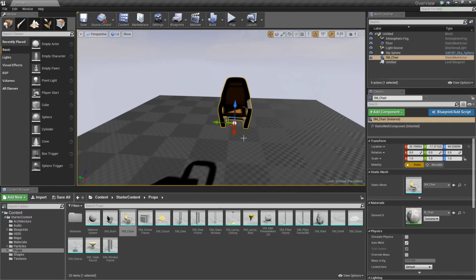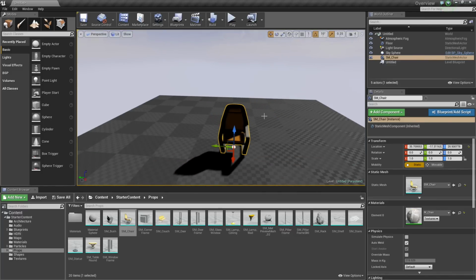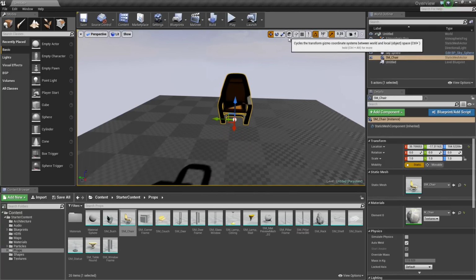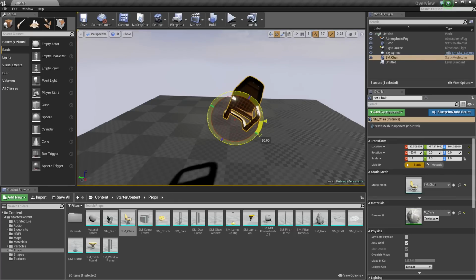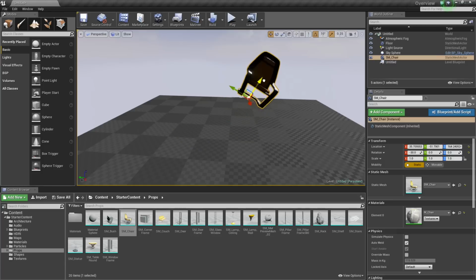You can press End to make it jump back down to the floor. And we also talked about local versus world. It's not really apparent there unless we press E and rotate it. So now if we go back to move and we toggle between world and local space, you can see the widget changing and how we want to move it.